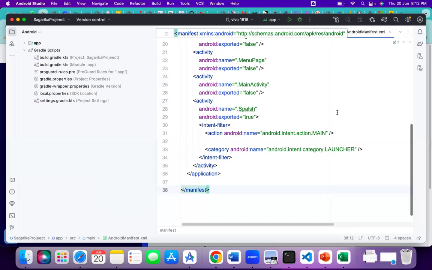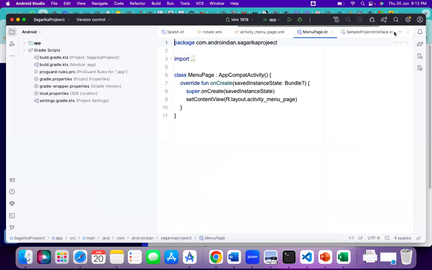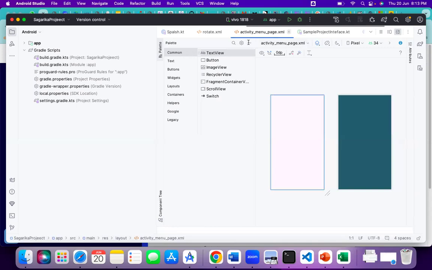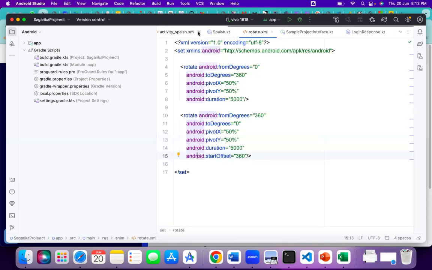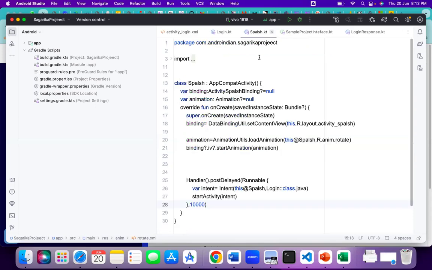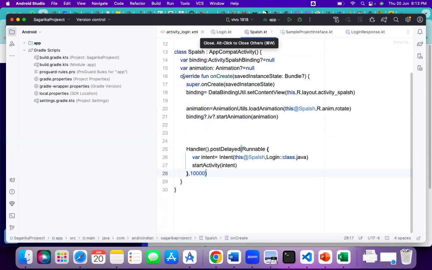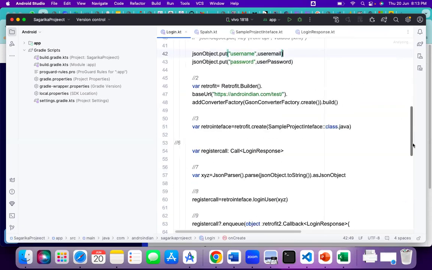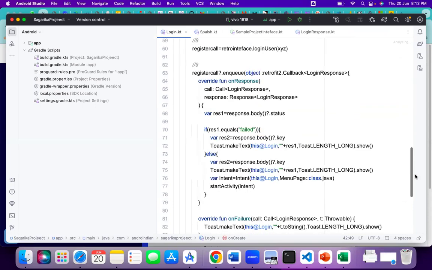To handle the session, we will use the concept called shared preferences. Using shared preferences, we will handle it here. Our session will start from the login, right? So here in this login page, this is the failed case, and this is the success case. So when the user has successfully logged in to the application,